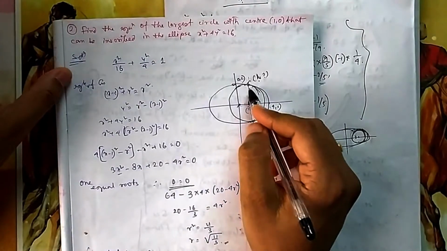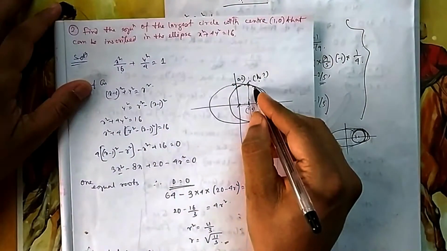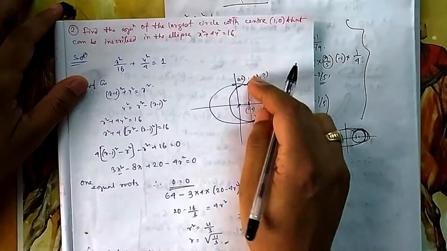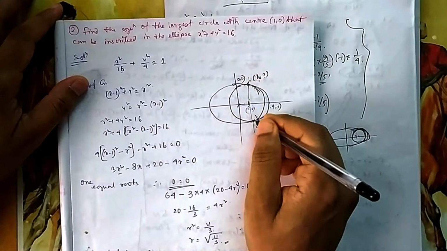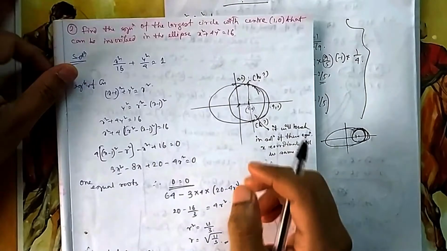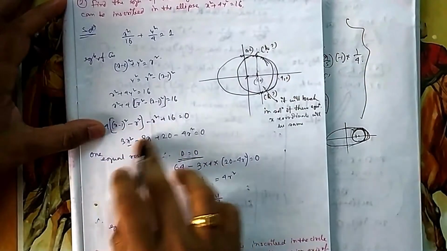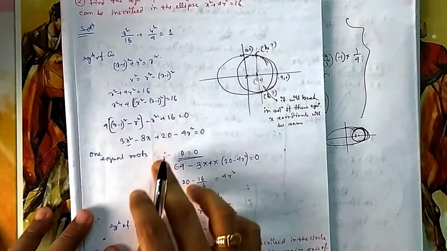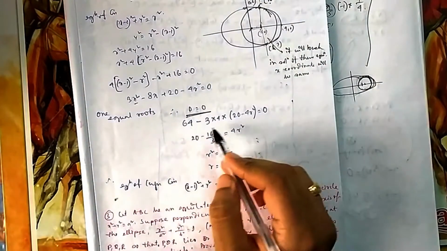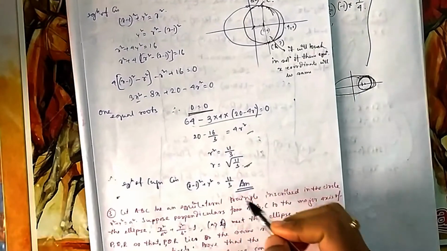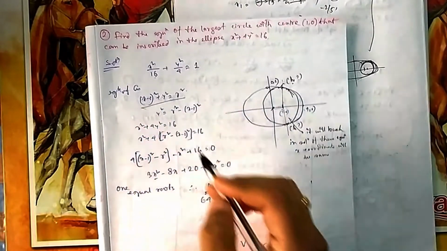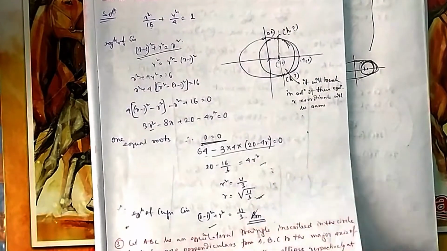You can feel that it will be 1, but it is not sure that it will be 1. It can touch here also, slightly here and there it can go. You are not sure. But you are sure that if it touches at this point, symmetrically it will touch at this point. So the x coordinate of both these points will be the same. So the x coordinate should give me only one value. If you replace, this is the quantity you are getting in terms of x. Because this should have only one root, its D should be equal to 0. D means b square minus 4ac should be 0. You can find r is equal to this. Once you know this, because the center you know and the radius you know, you can find the equation of the circle.